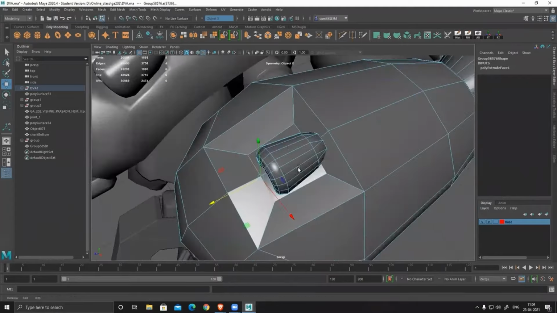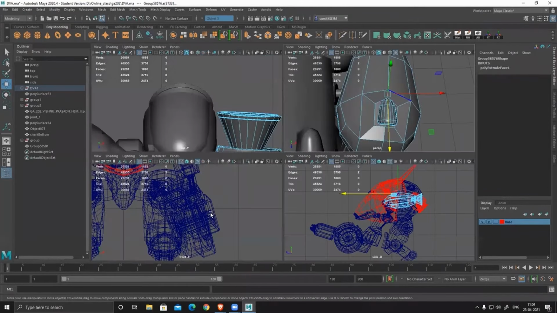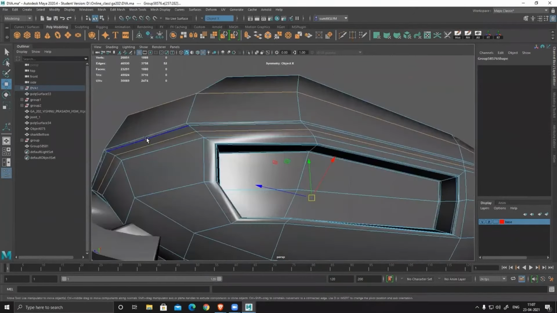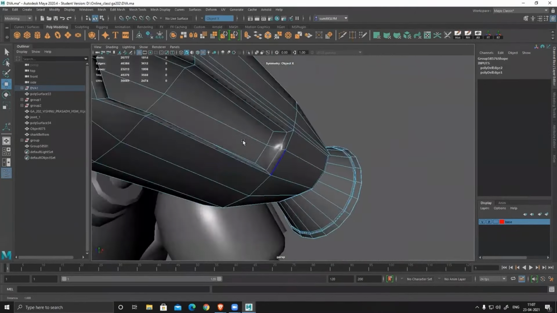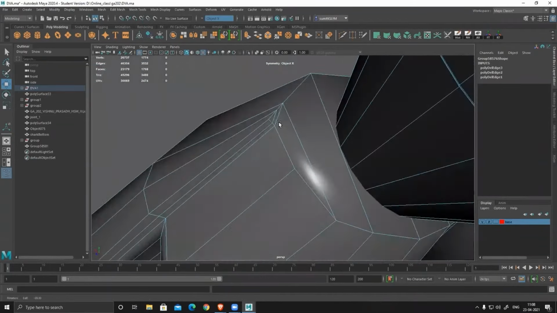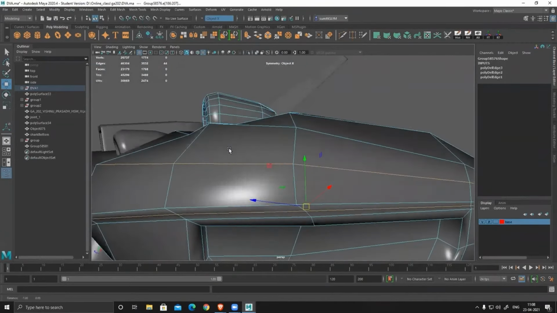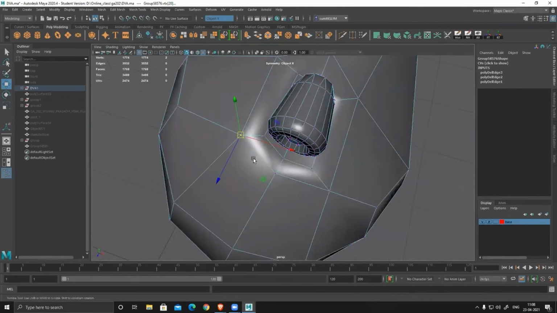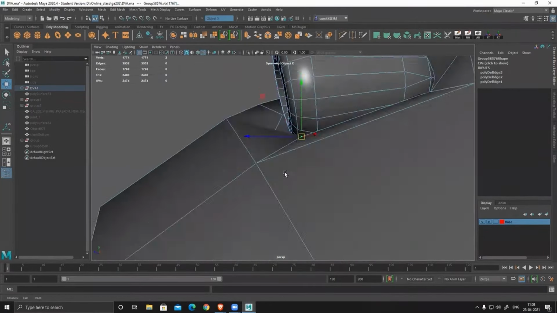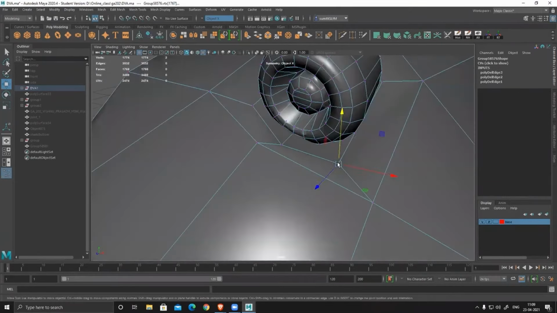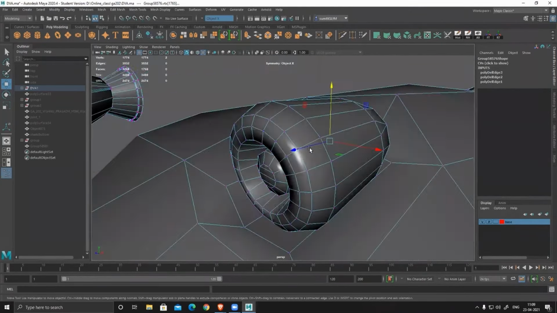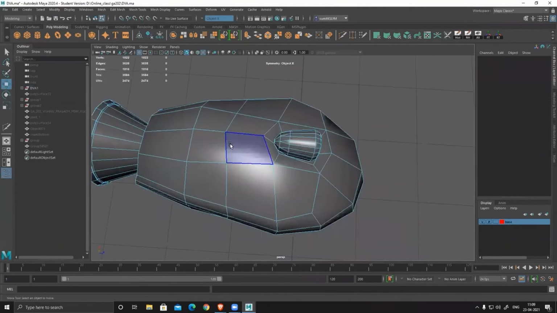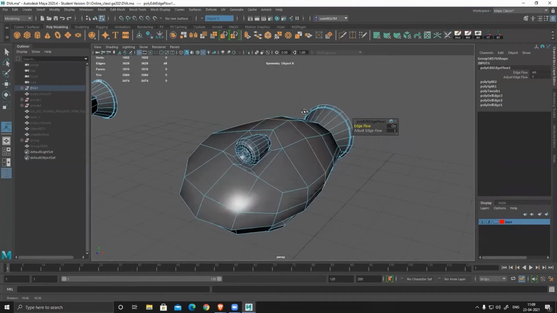Add all the details, at least silhouette-wise or volume-wise, whatever the detail is, add those things in your base model. Keep everything clean, and do not add unwanted loops because it will create problems. Because it's low poly, managing low poly is very easy, and if it's mid poly or high poly, it becomes very difficult to manage or control it. So start with a very low poly model and then gradually add loops wherever you want.